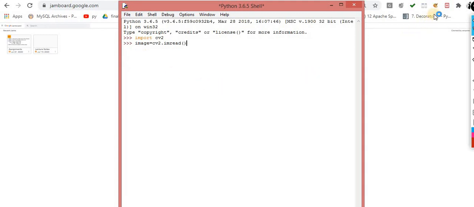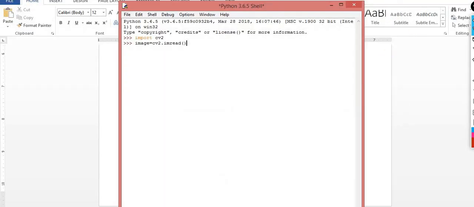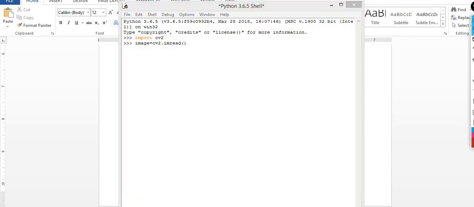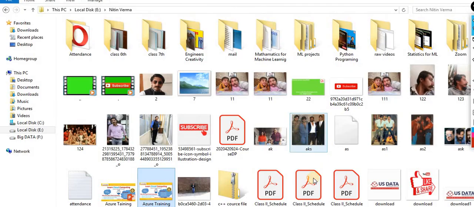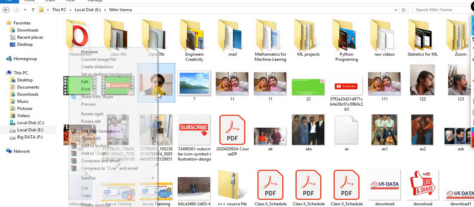Let's suppose there is one image that I am going to read. Let me select it. For example, just take this image, and we will play with this. The system is again very slow.